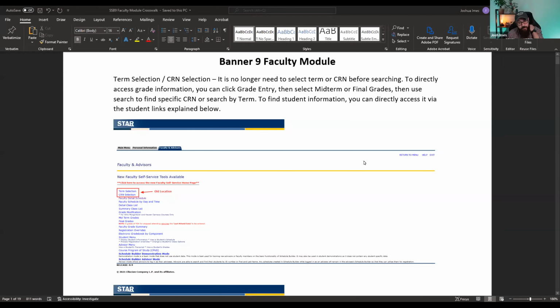Great. Well, thank you. I am here today to talk about the new Banner 9 faculty and advisor module. So this will replace the Banner 8 version. It will replace many of the links that you're used to seeing on the faculty and advisors tab. The current plan is to have both the Banner 8 and Banner 9 versions available through the end of this